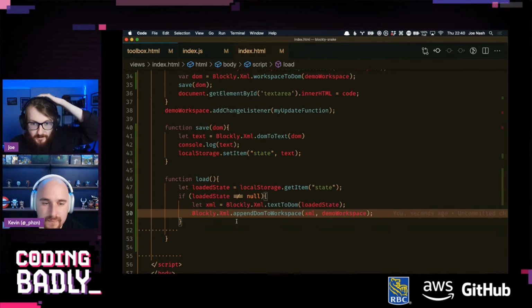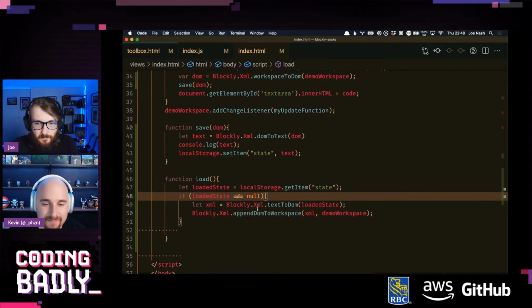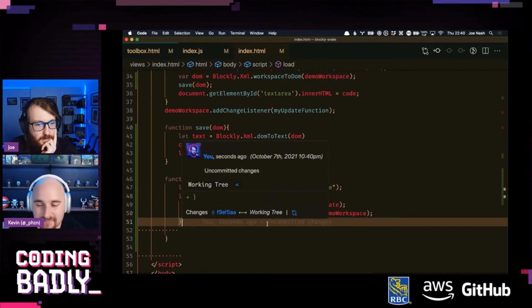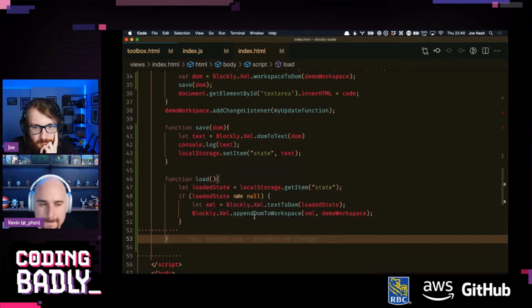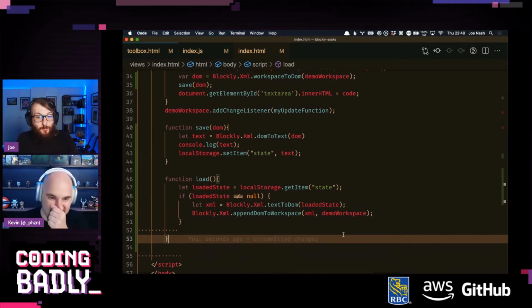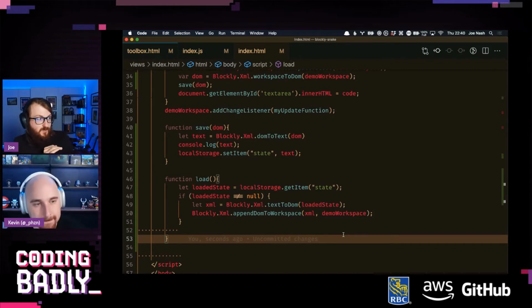Space on line 48, please. I assume they're asking you to remove... Oh, yeah. Missing S on line 50. Blockly, appended DOM, workspace, demo. I don't know where you're talking about missing S. Oh, never mind. Cool. Thank you so much, Steve. So I assume append DOM to workspace is going to do it to that workspace. I don't need to assign it to a variable. Well, that might be a rather false assumption.